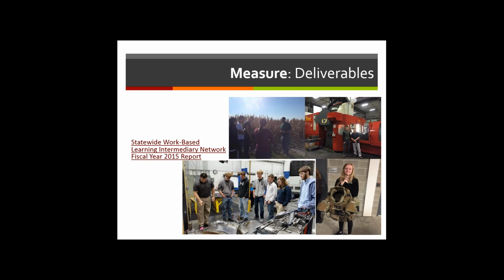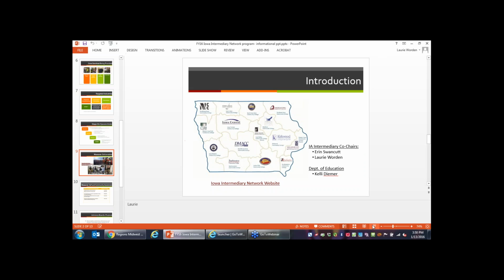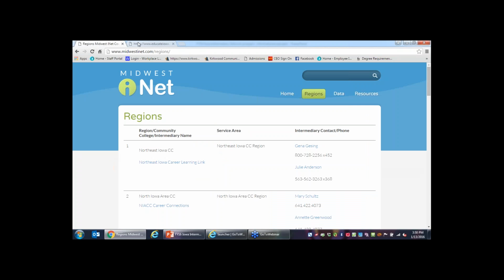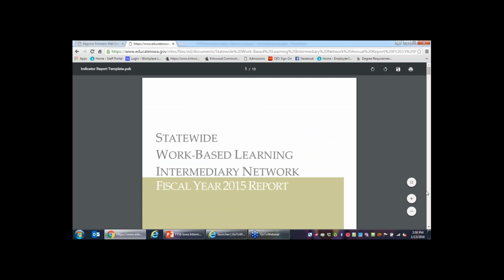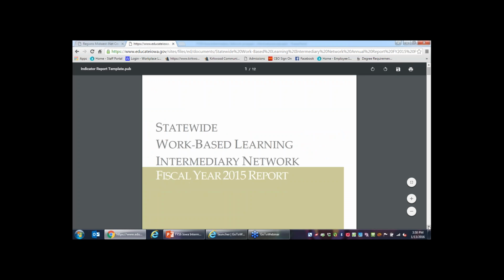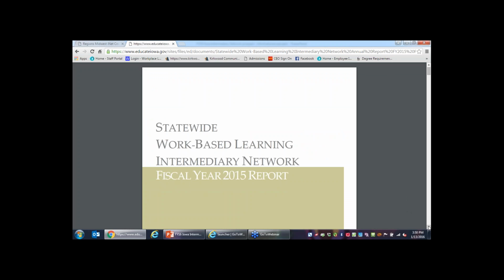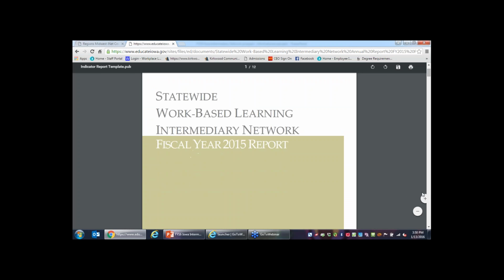So we want to show you a resource where you can actually see what deliverables were reported last year in the statewide Work-Based Learning Intermediary Network fiscal year 2015 report. So we do have a link, a hot link, that you can take a look at and see basically all the information for every district across, or each community college district across the state, and the important work that they have been